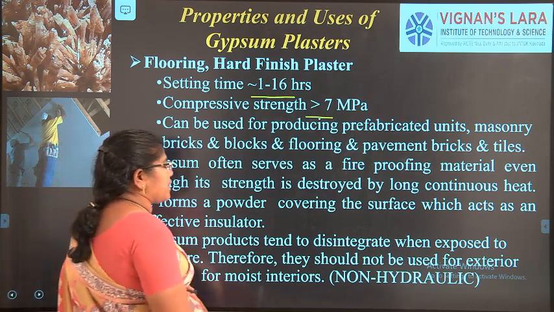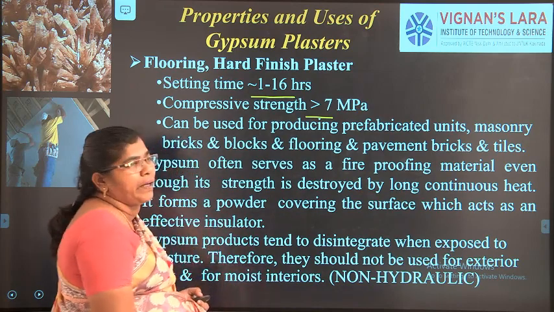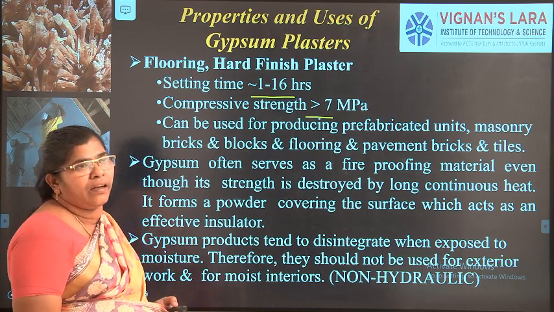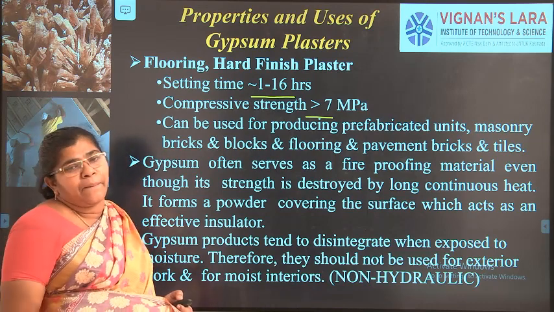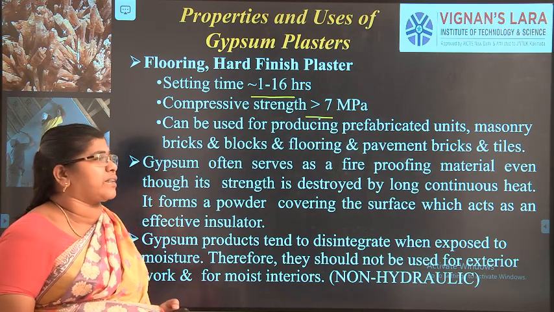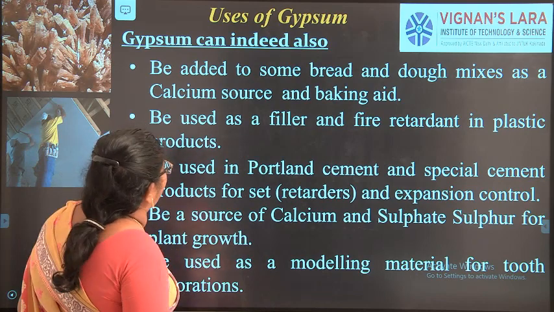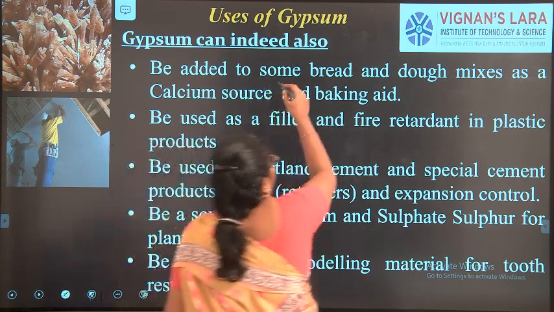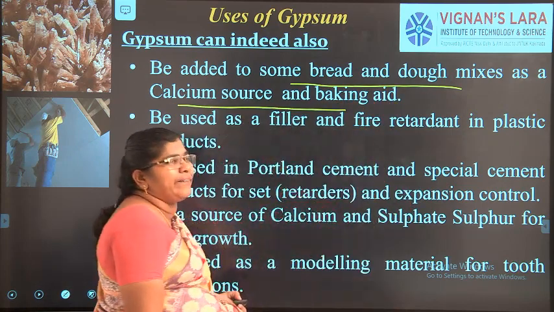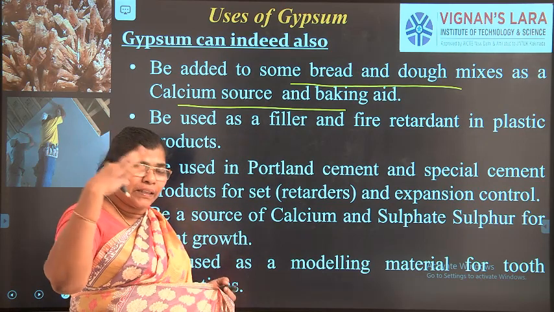This product tends to disintegrate when exposed to moisture, therefore it should not be used for exterior. It is used only for interior walls. The board cannot be used outside, but gypsum itself can be used as plastering outside. What are the other uses? It can be used in some bread and dough mixers as a calcium source and baking aid. It will be easily allowed to bake. Gypsum will act as